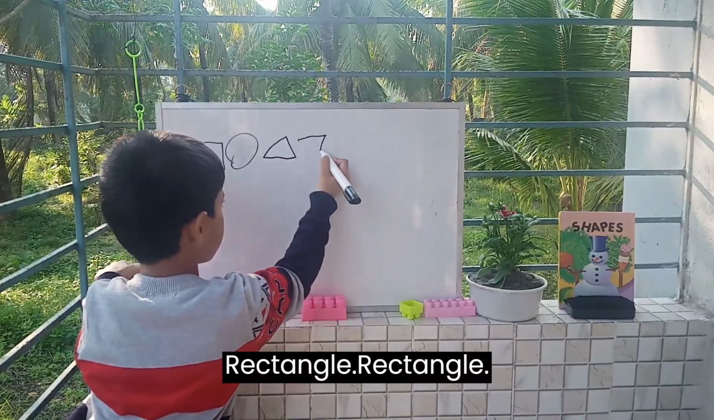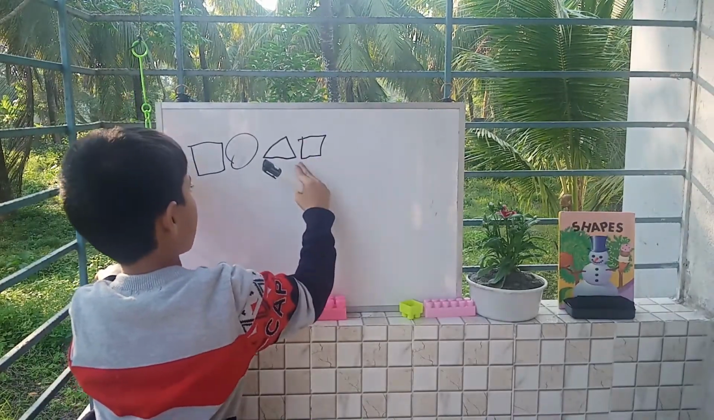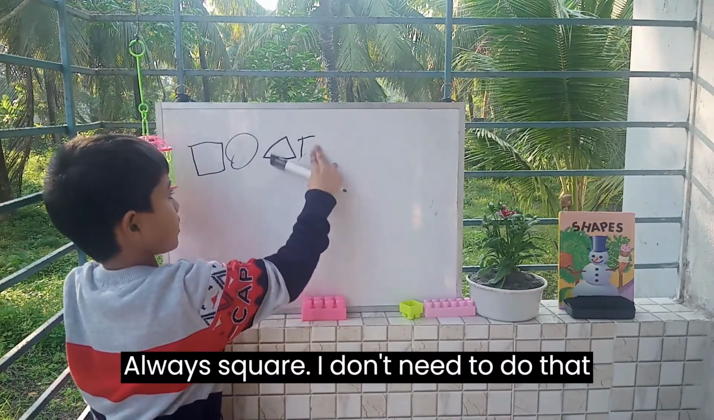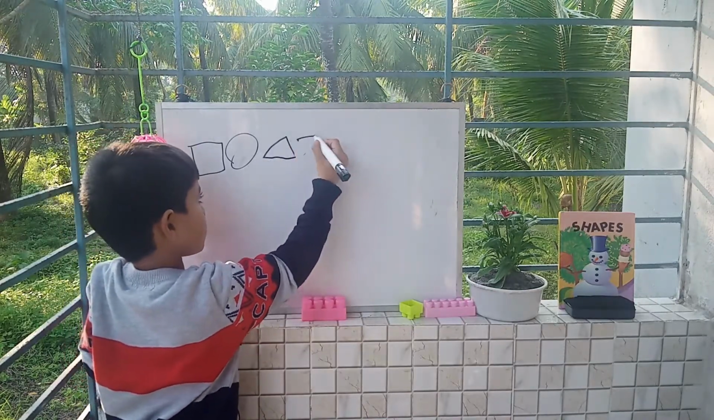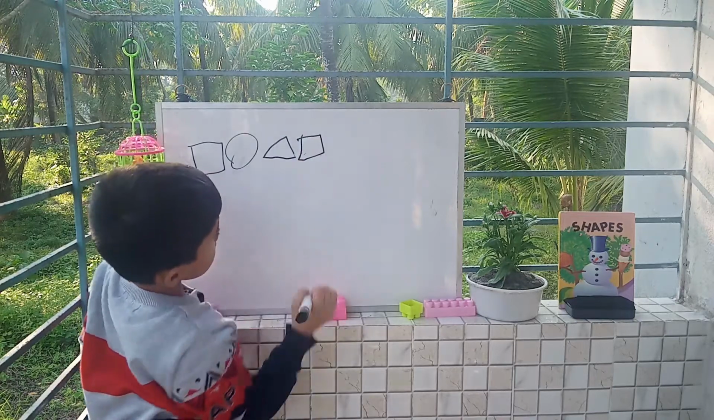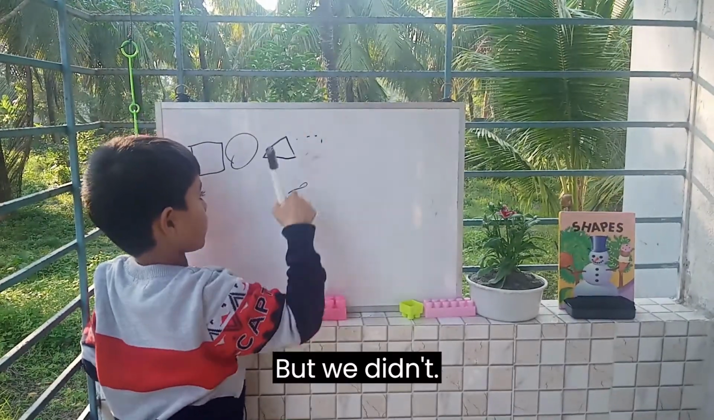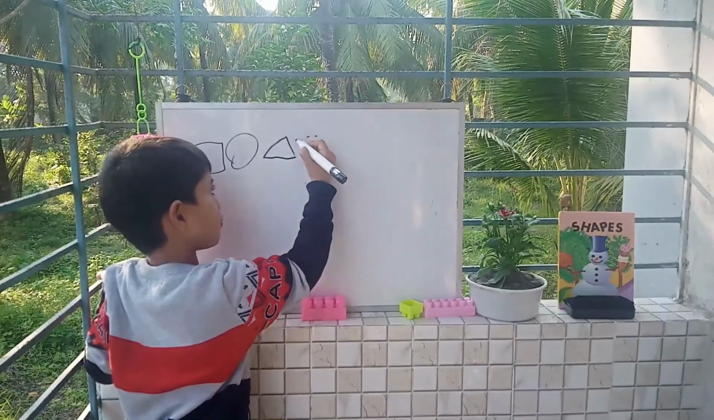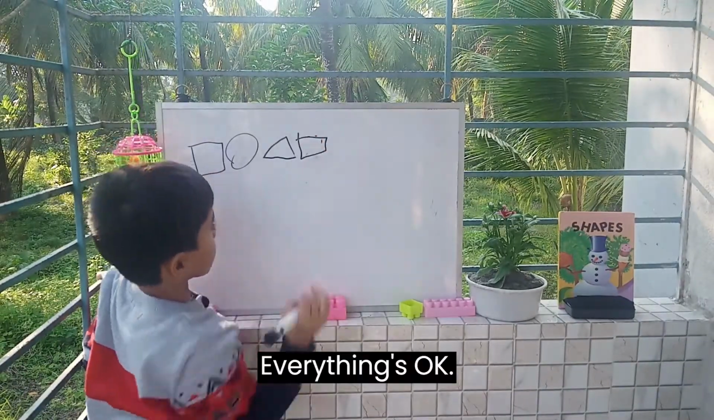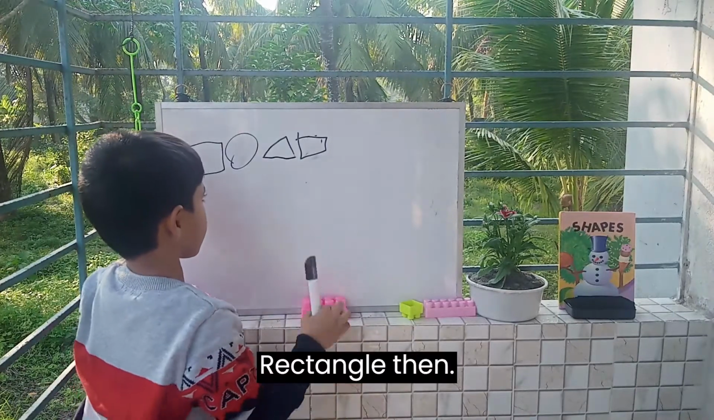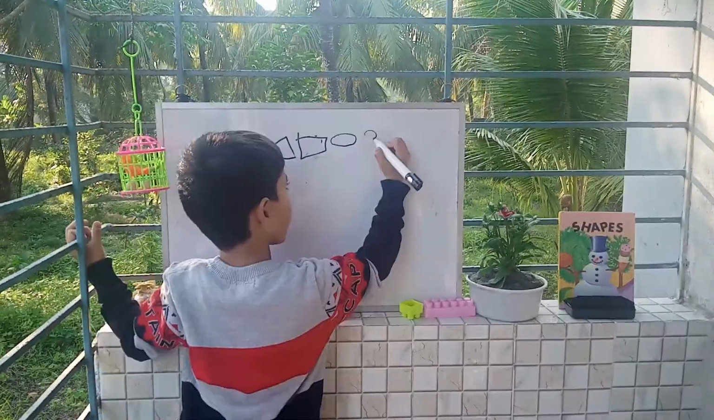Rectangle. Rectangle. Oh, square. I don't mean to do that. Two squares. Rectangle. Oh, not square again. But we did rectangle. Okay. Rectangle, then